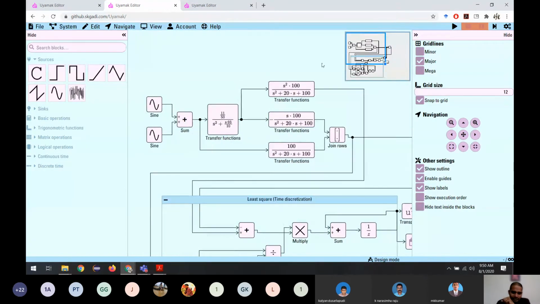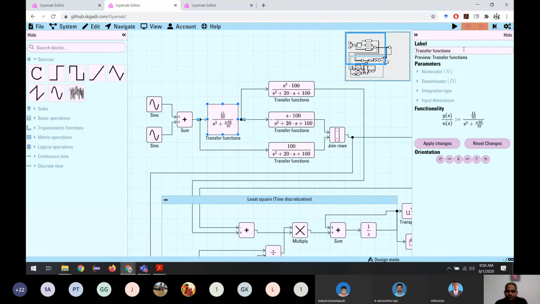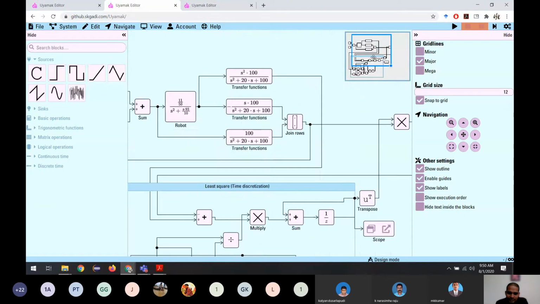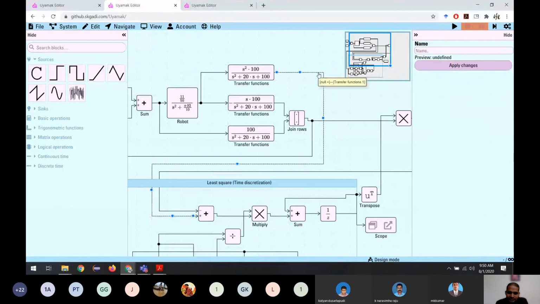Okay, so let's see first this part. This part is the same. So we have our robot here. This is the robot. We have input voltage, the output is Q, and we have seen this is Q double dot minus Q dot and VC voltage. And we have this as Z, and this is phi, the output is phi. And whatever we are getting is theta, and theta transpose times phi will give us the Z.